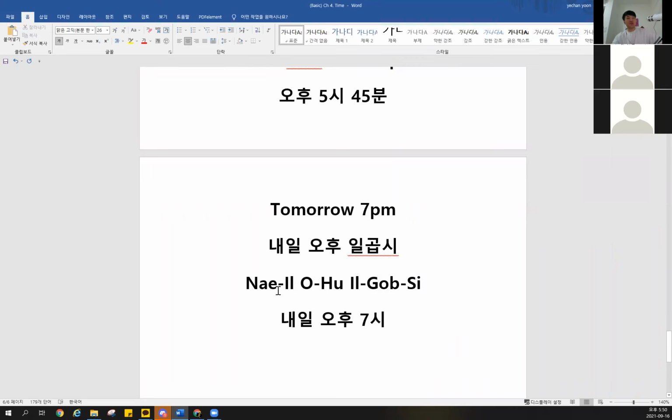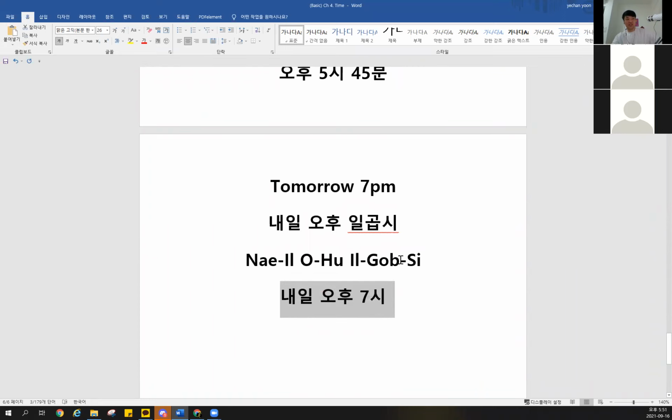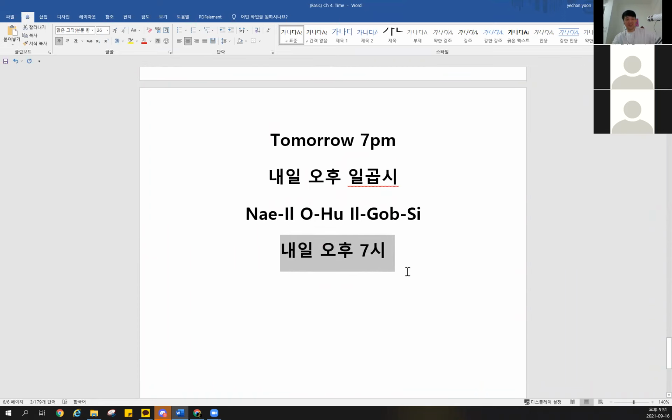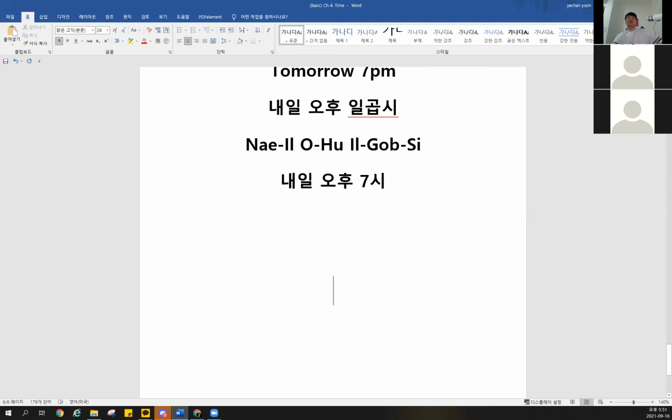If you want to write it down, you have to write down the time as well like this for the reading. For the writing, it's going to be like this. You don't need to write it with the English version. You can just write like this. Okay, one more example.